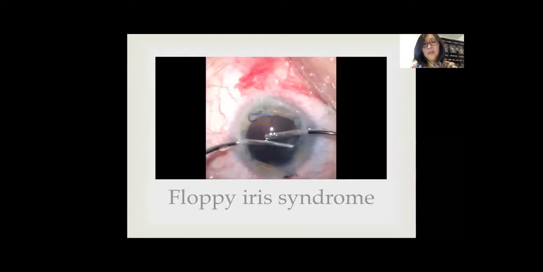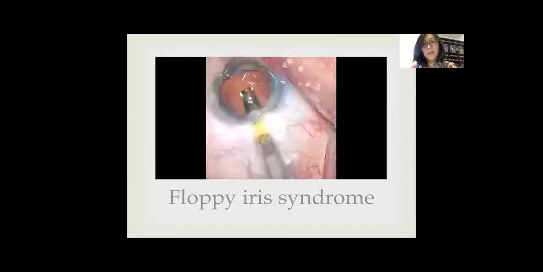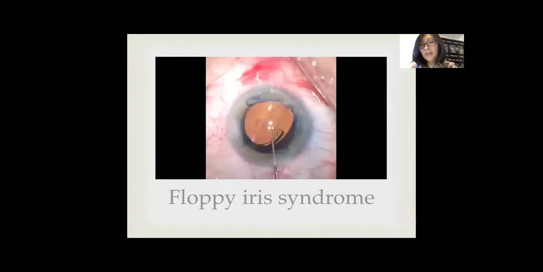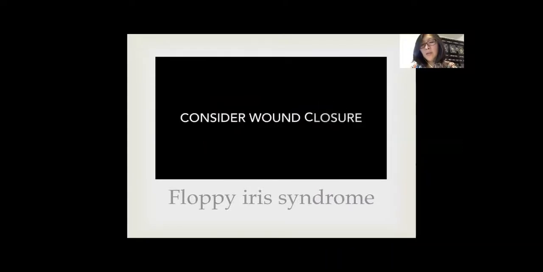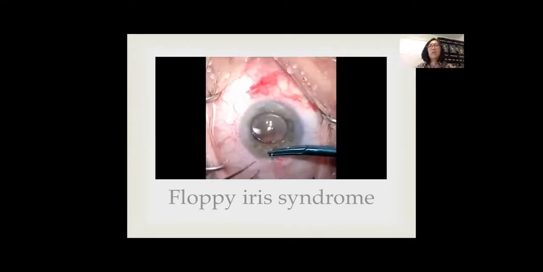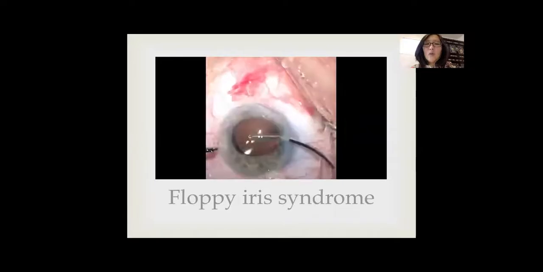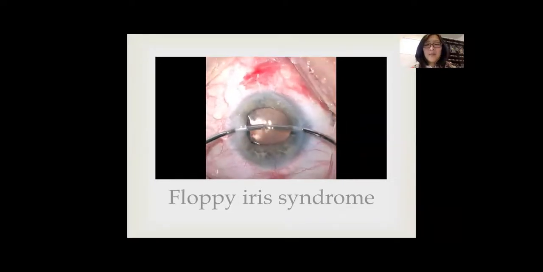And so you can see here that I keep the ring in order to perform the cortical removal. And in this case, I've decided to keep it in as I'm putting the lens in. You have to make the choice whether to keep the ring in before you put the lens in. Sometimes I'll remove it beforehand if I think there's going to be difficulty, because if that IOL expands before you are fully in place, you can engage that ring,